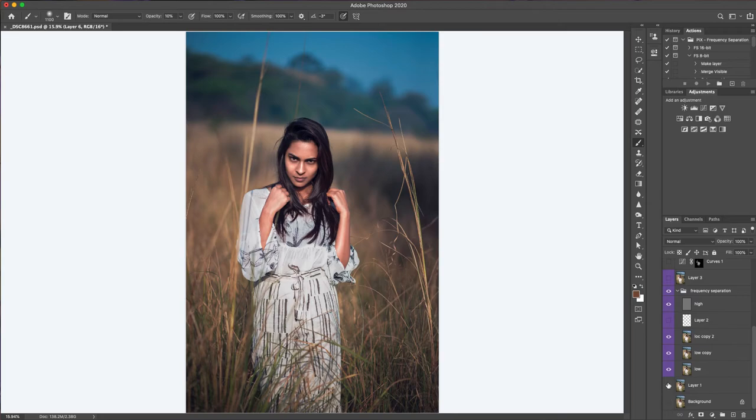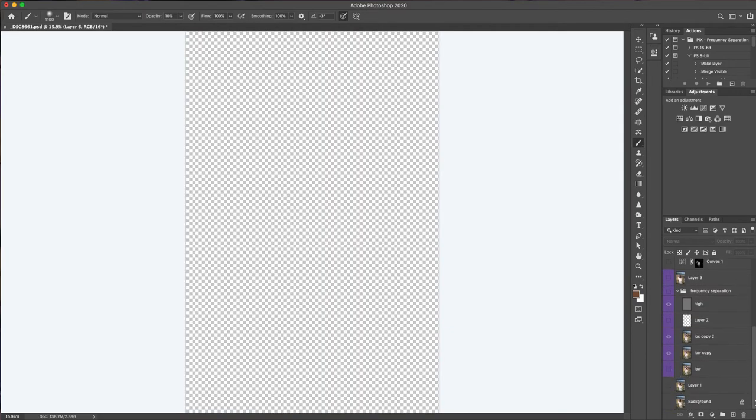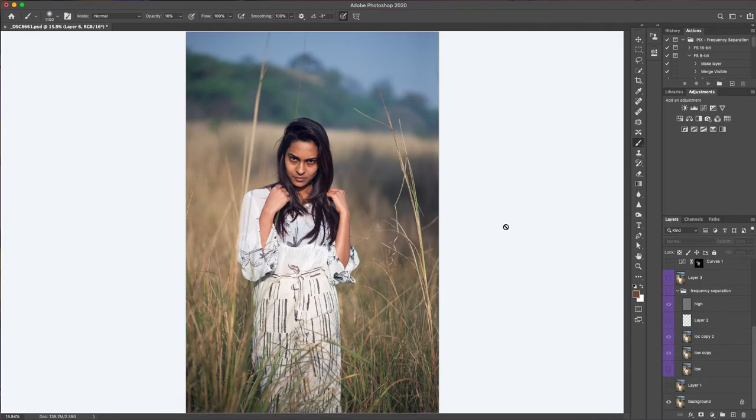Okay. Now coming to the steps. Here we come to the basic pic. Now this is the basic pic which we got after doing the basic raw editing. After the raw editing, we now duplicate the layer in which we do any sort of editing which requires blemish removal or removal of any mark. In this pic, though there was not much removal required, we just straight away first went for the